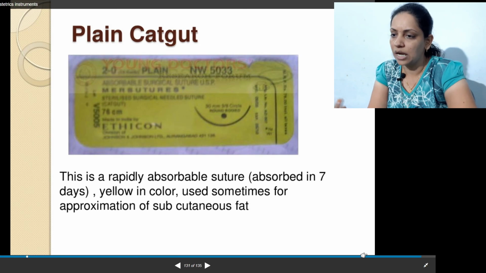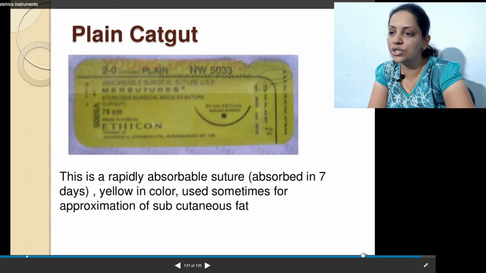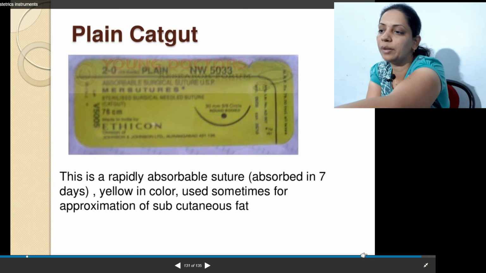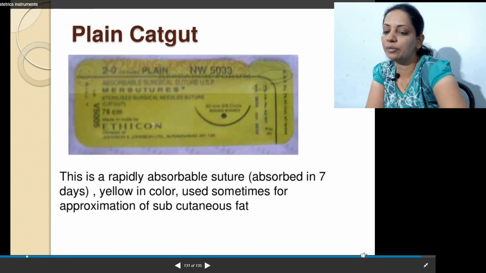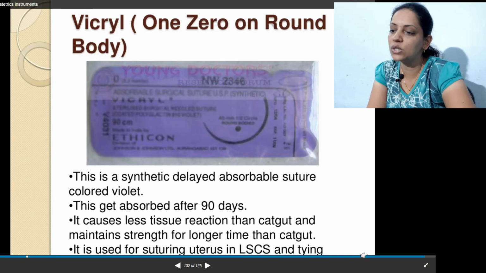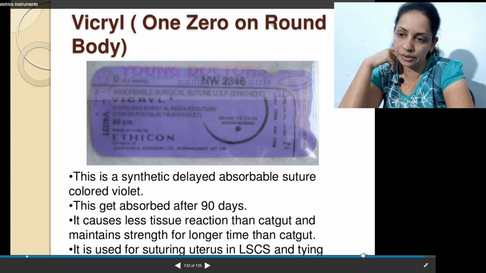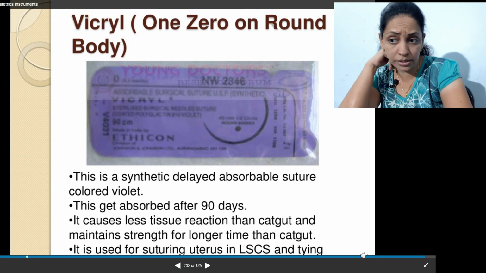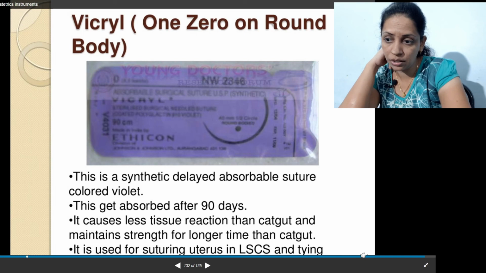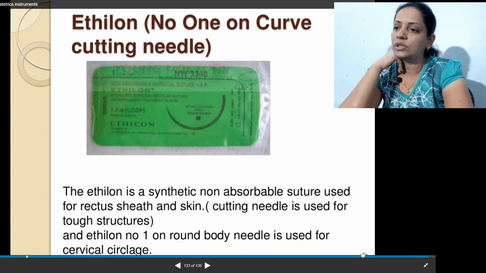This is again a type of catgut. It comes in different numbers and needle shapes. This is Vicryl, an absorbable suture. That catgut does not absorb, and this gets absorbed within 90 days. So these are the types of suture.